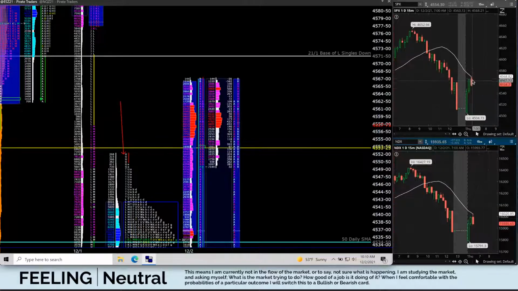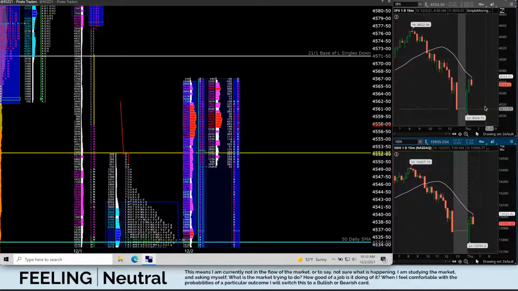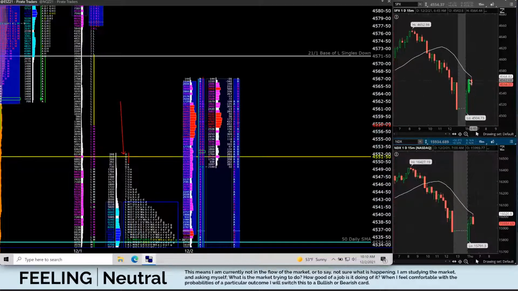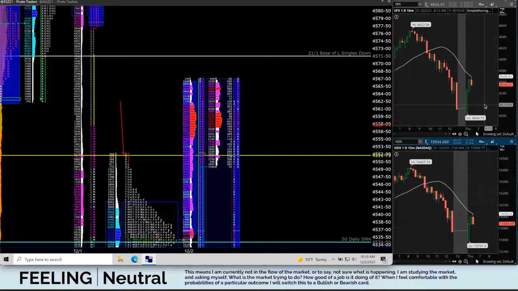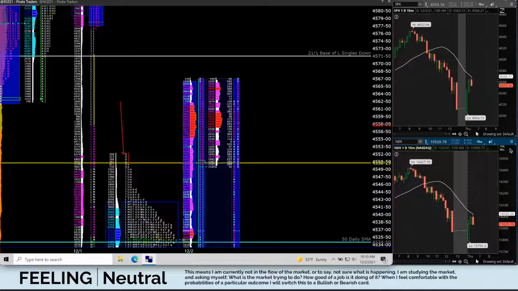It is worth noting, though, that resistance was just that 20 moving average on the 15-minute candles. So that's just bots. There's an algorithm that clearly sells every time you push into it. So it didn't take much to reverse this market, which is bearish.